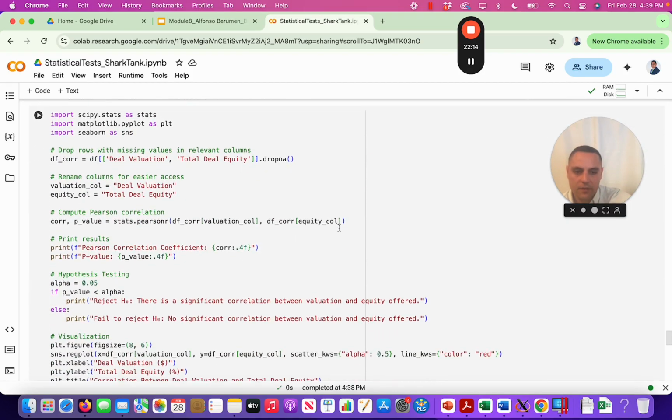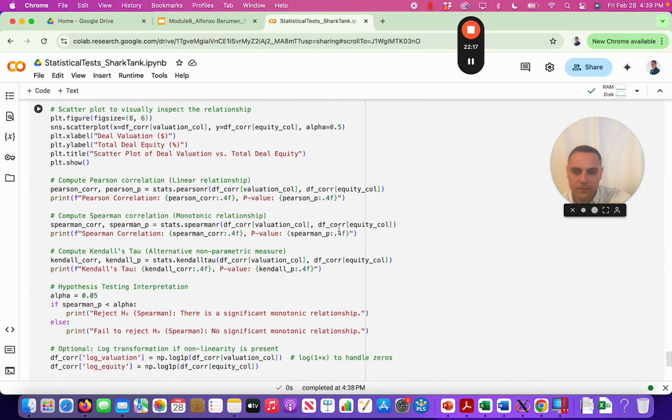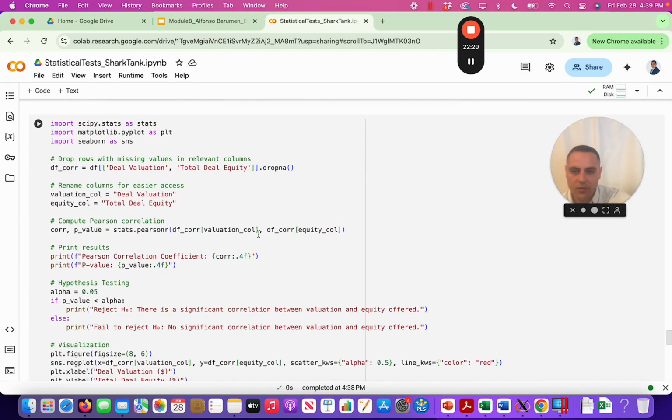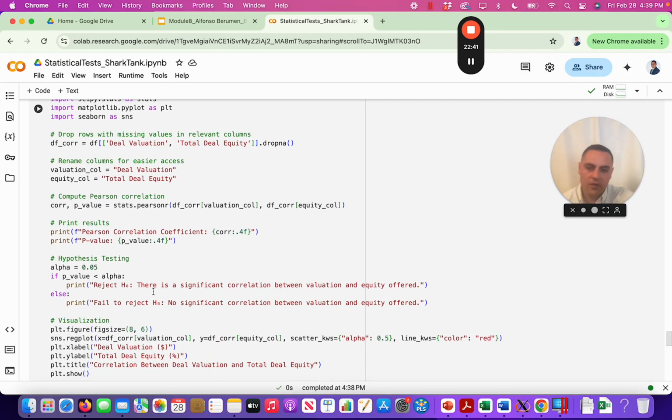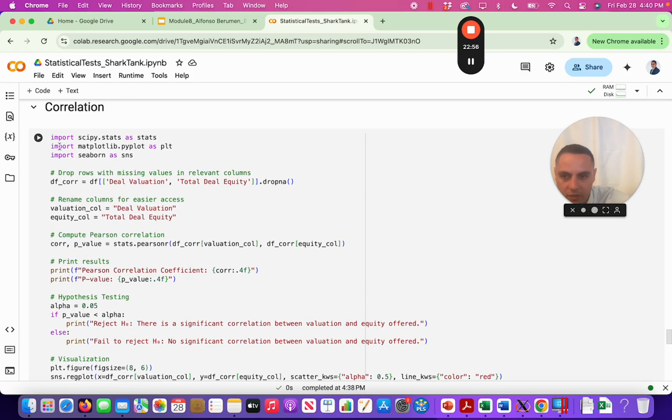So let's finally look at correlation. And there's a lot going on here, but we'll start with the fact that we are looking at deal valuation and total deal equity. So is there a correlation between those two variables? And there is still here a null hypothesis and alternative hypothesis. So the null is there is no correlation, alternatively there is,